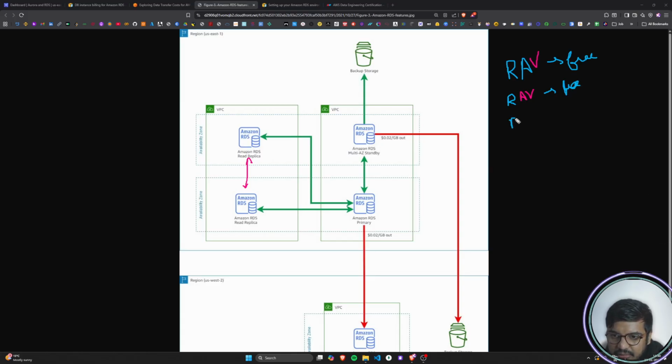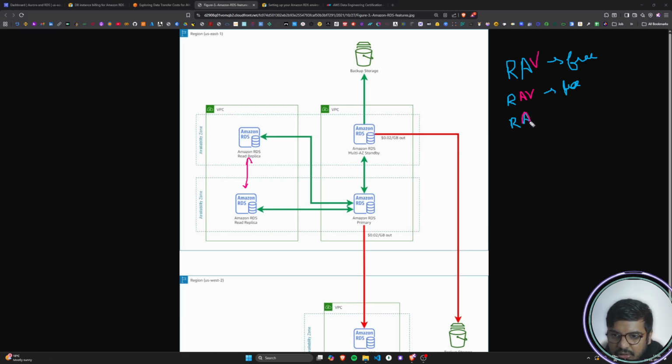Now for the same region, same availability zone and different VPC, again we have seen that it is free. Now same availability zone, and this is a different availability zone, different VPC. Okay, this is same availability zone and a different VPC. This is fine. And if we have a condition as